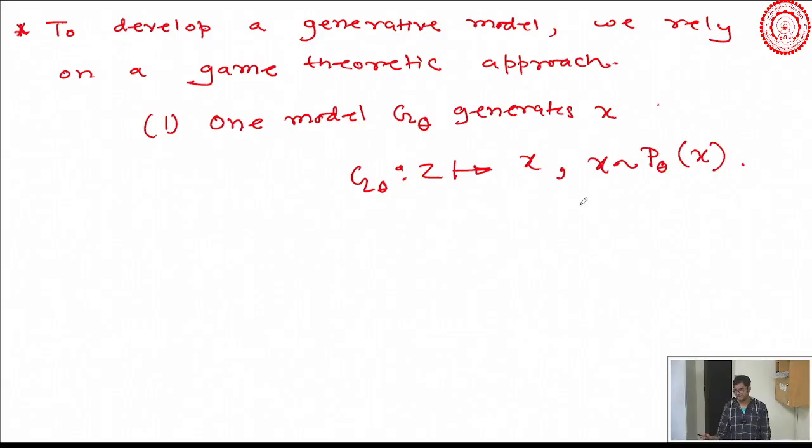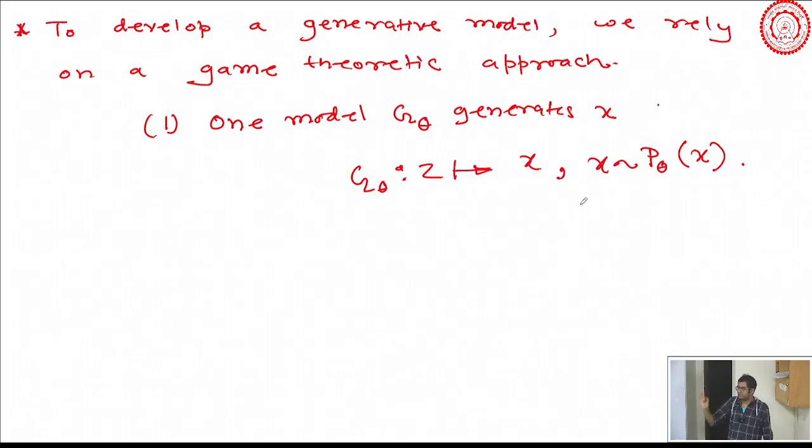You can combine it, but you don't need it. You can always refine the VAE further with this, but it can be anything. There is no restriction. This Z can be lower dimensional than X, Z can be higher dimensional than X, Z can be of the same dimension as X. Z to X, that mapping can be a generic neural network. It need not be invertible. So all of those restrictions are now lifted.